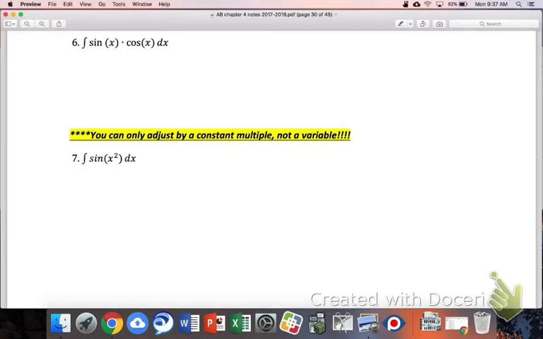Where we ran into an issue last time is there was no obvious composite part of the product. There was no obvious function within a function. And so this is where we kind of artificially did this to make this work. So my suggestion was that we think of sine of x as sine of x to the first, in parentheses, times cosine of x dx. And that might seem like a really simplistic, unnecessary thing to do, but it actually sets us up really nicely,